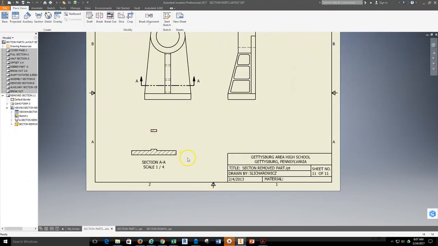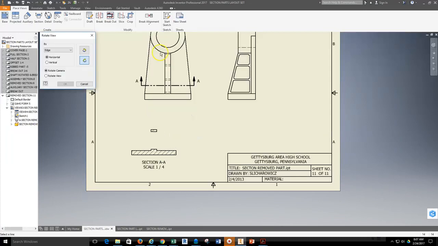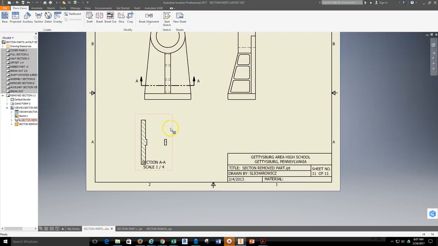I'll go back to my layout. I'm going to select this view, and in order to rotate the view, I will again right click. I'm going to slide up to the word rotate, and then I'll rotate this particular view by an edge. Select an edge, and now this is rotated in my proper orientation. I'll hit OK,